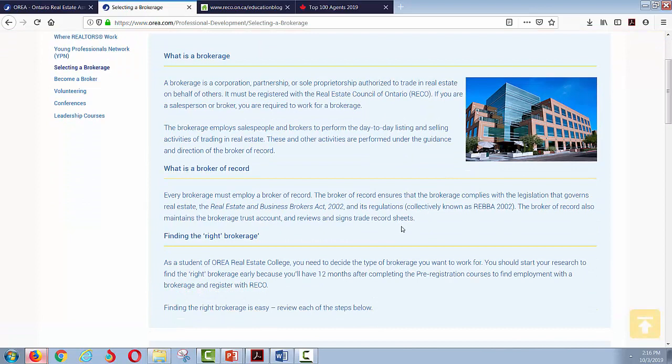Okay. So you cannot get a license to sell real estate in the province of Ontario. And it's the same in most provinces in Canada. I believe there's some funny stuff going on up north in some of those territories where you can operate without a brokerage as long as you are licensed and working with the Canadian Real Estate Association. But all the provinces have their own regulatory body that deals with the licensing of realtors and how they become real estate salespeople and brokers, which is the next level up from being a salesperson. You would become a broker.